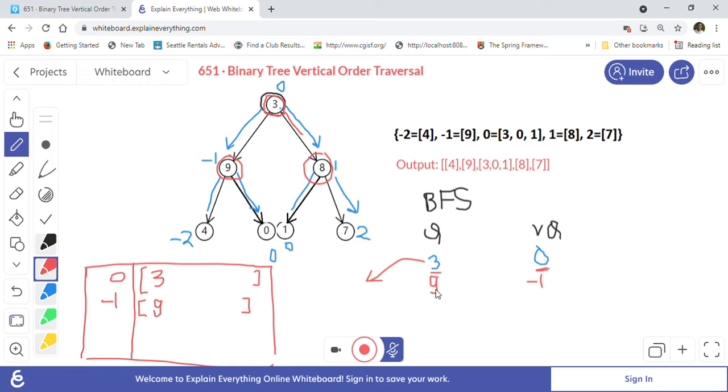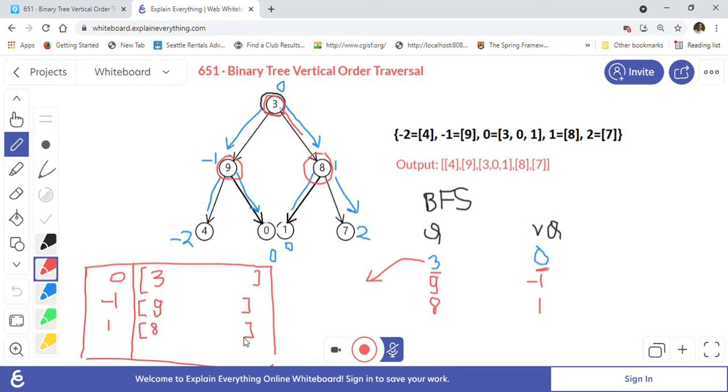We don't have any entry for 1 in the map, so we will create one entry with a list, and we will add 8 into that list. So that is what our map will contain now.